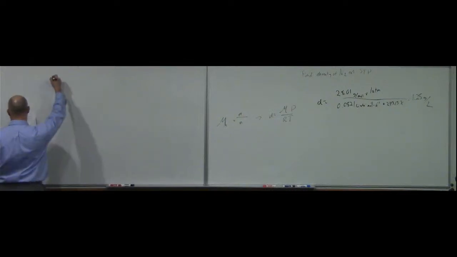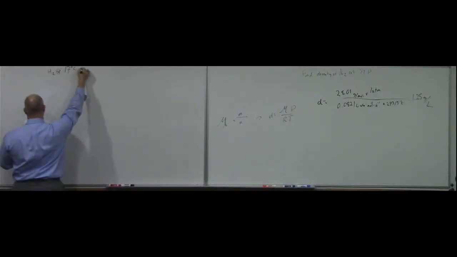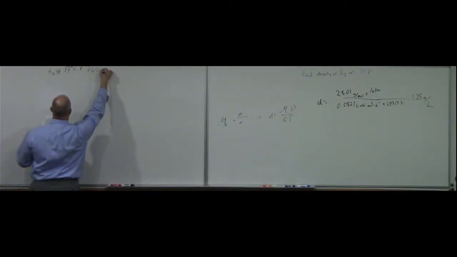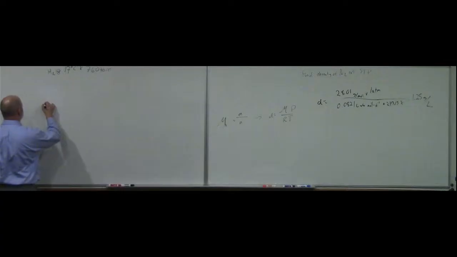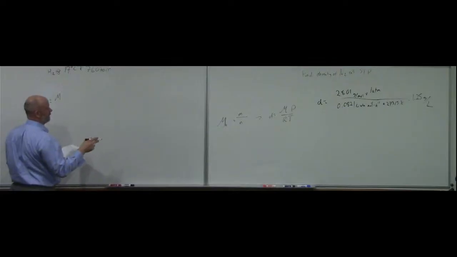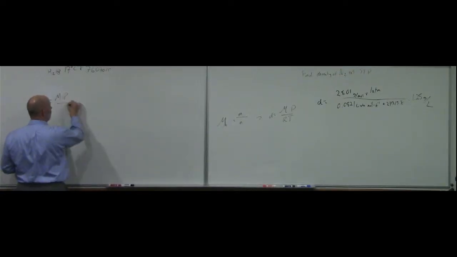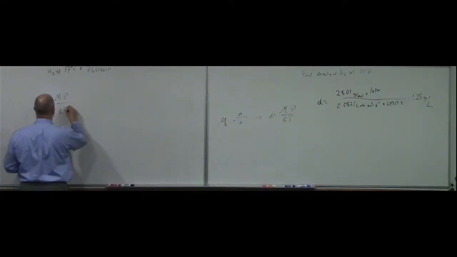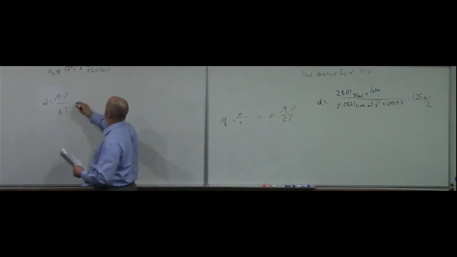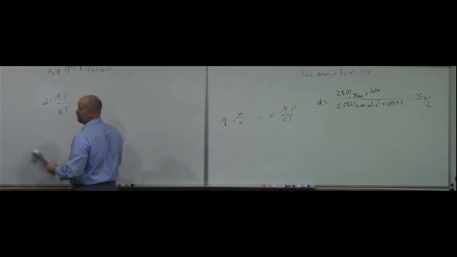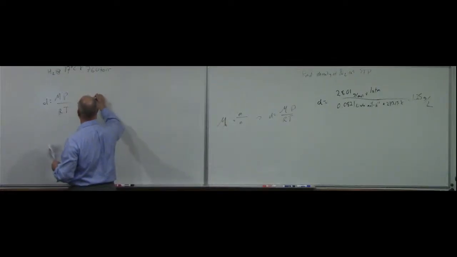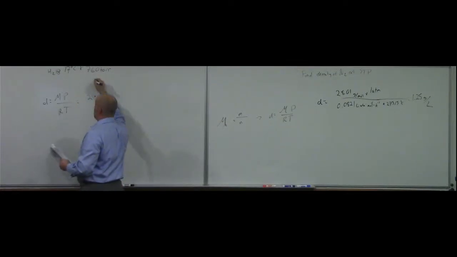Find the density of molecular hydrogen at 17 degrees Celsius and 760 torr. Okay. So my formula of this again is density equals molar mass times pressure over RT, right? Okay, so when I go ahead and do this, my molar mass of hydrogen is 2 times pressure, 760 torr,